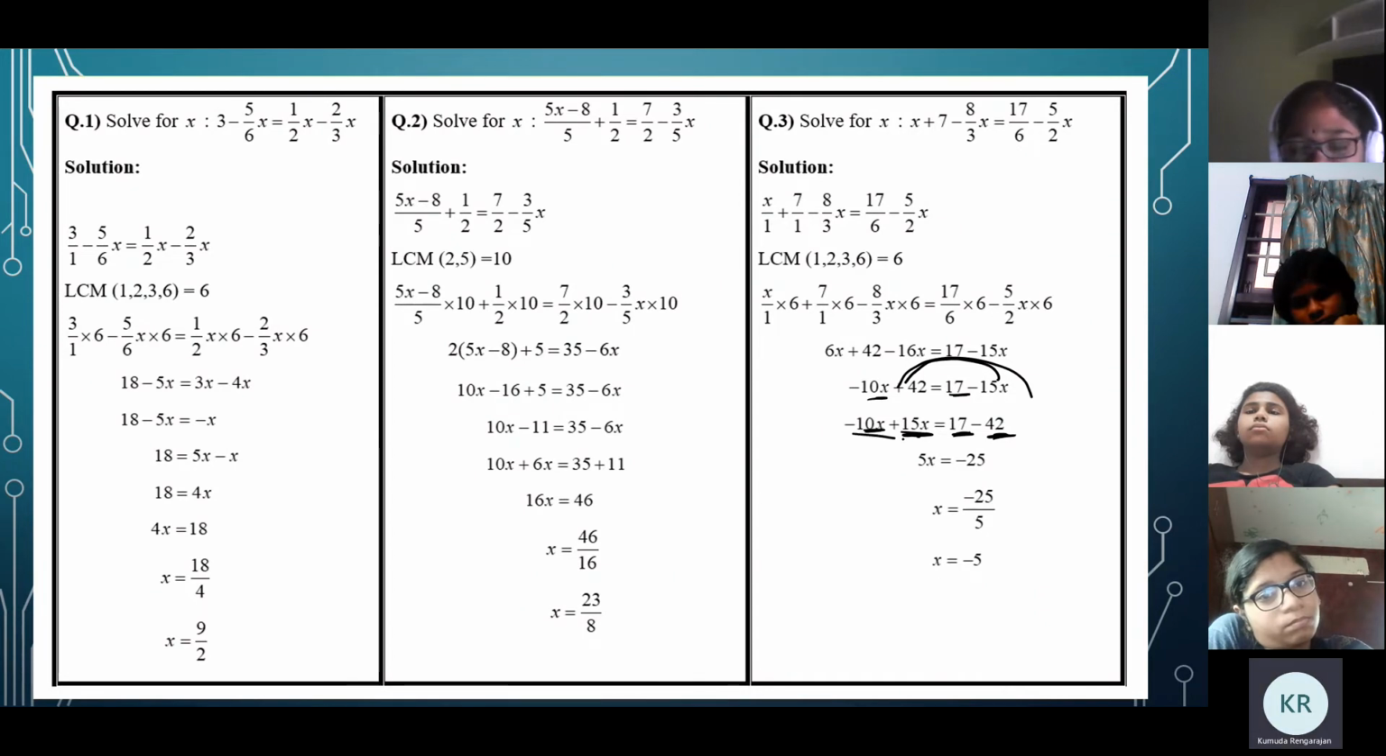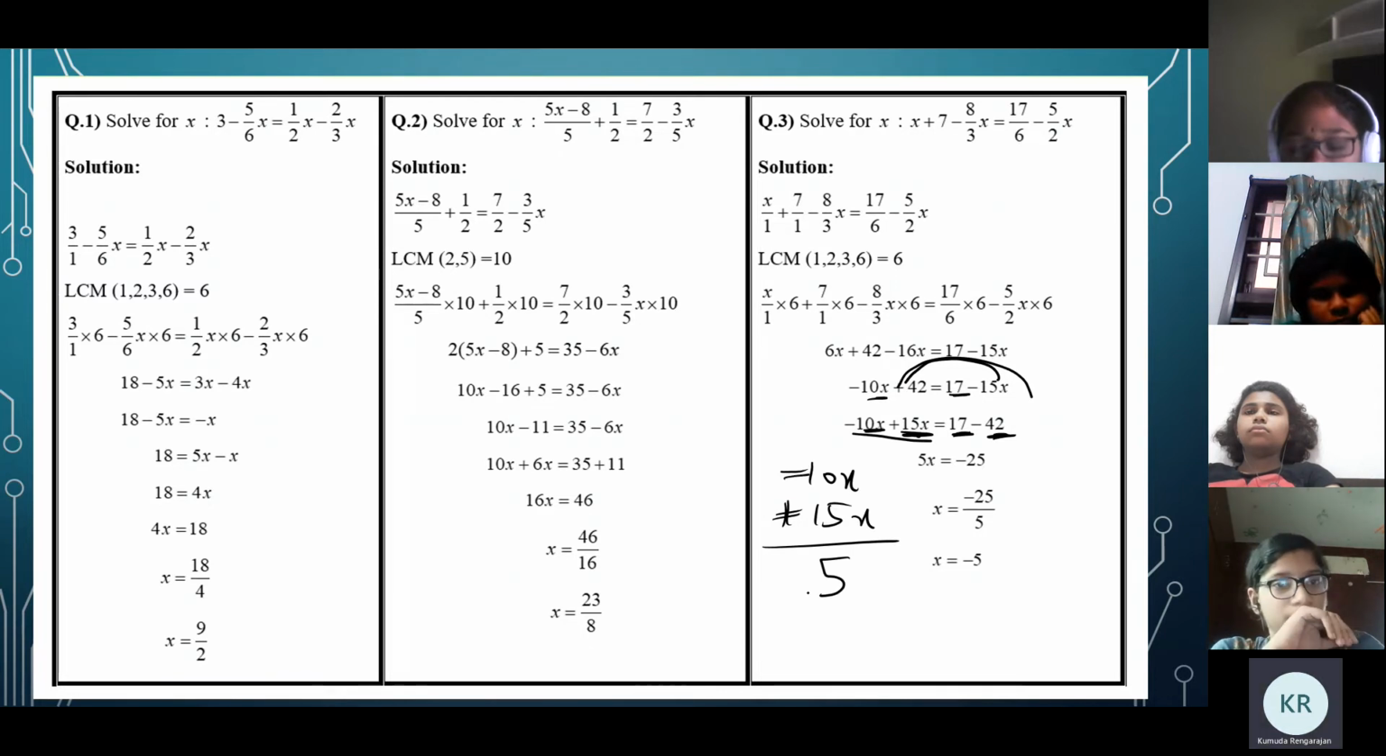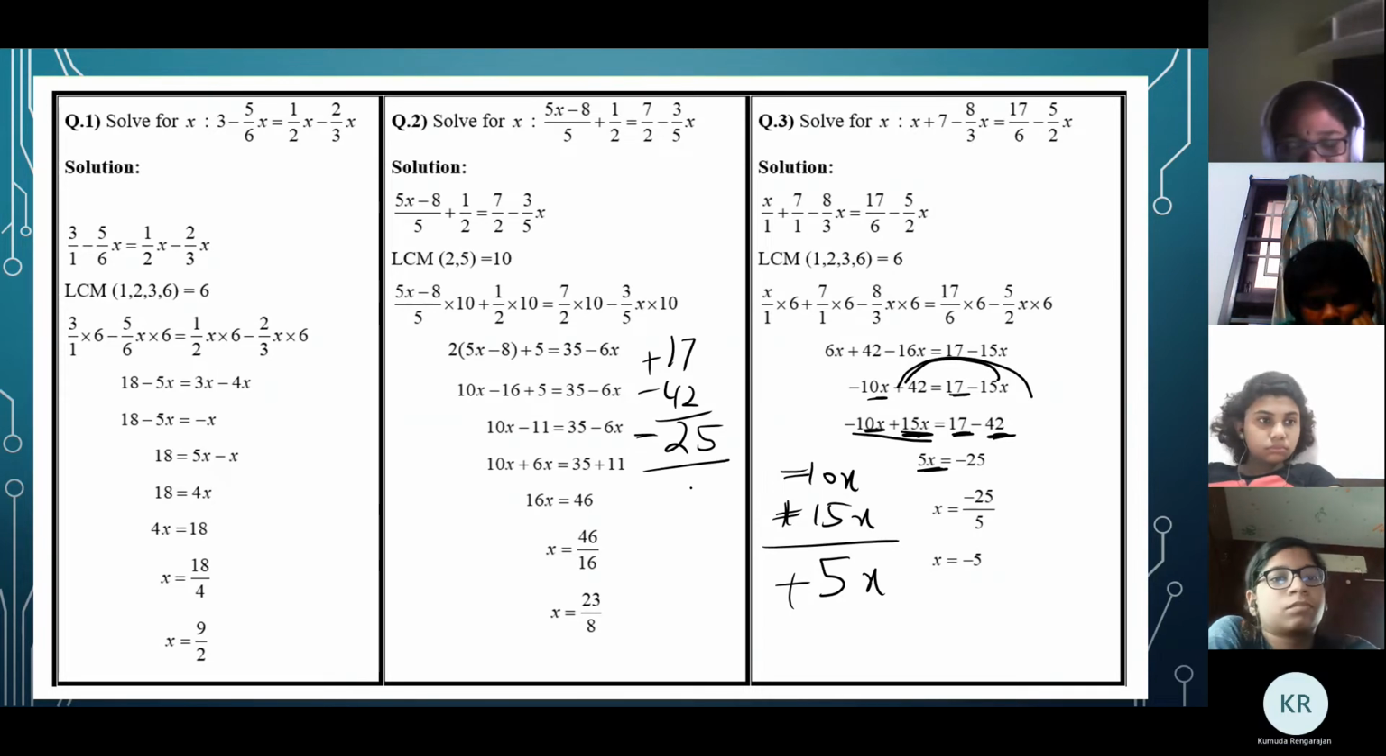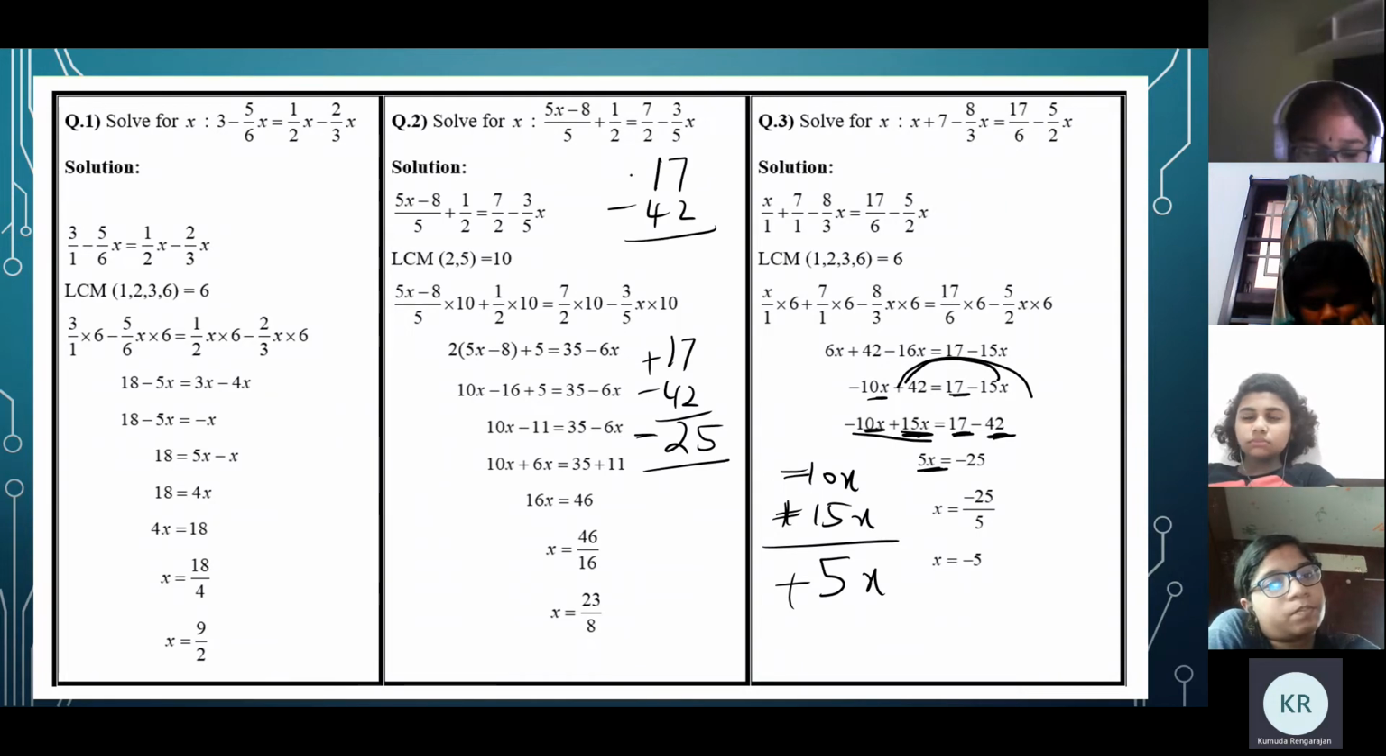So now minus 10x plus 15x. Different signs, so subtract, and put the sign of the greater number. So it will be plus 5x. Then 17 minus 42: different signs, subtract, and put the sign of the greater number,